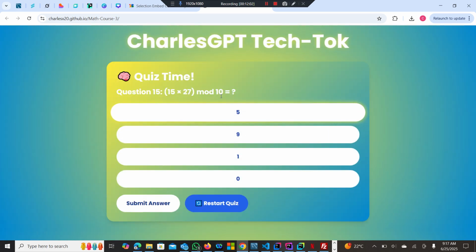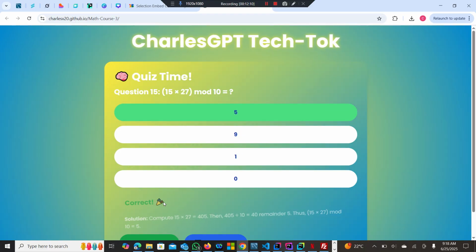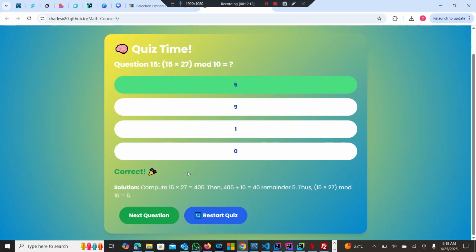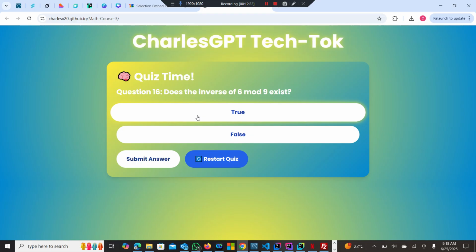So for the next one, we have 15 times 27 mod 10. So I think it's 5. So let's check it out. Correct. So you see, compute 15 times 27 equals 405. Then 405 divided by 10 equals 40, remainder 5. So that's it. It just takes the remainder in. So does the inverse of 6 mod